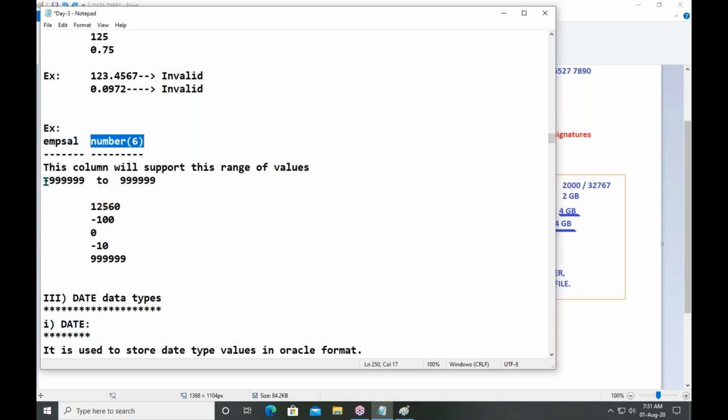That is minus 9,99,999 to 9,99,999. In this range, any value you can store here. But it is not supporting any decimal point. Why? Because decimal part means scale value, you are not writing.